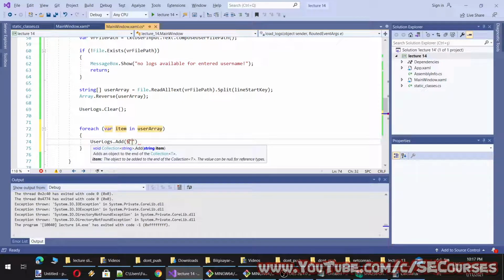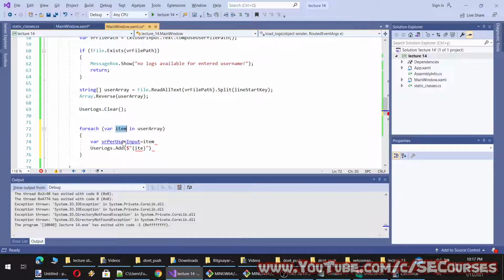Let's say first, let's write the date. To prevent multiple splits, let's compose another split. Here per user input equal to, let's make this as user input